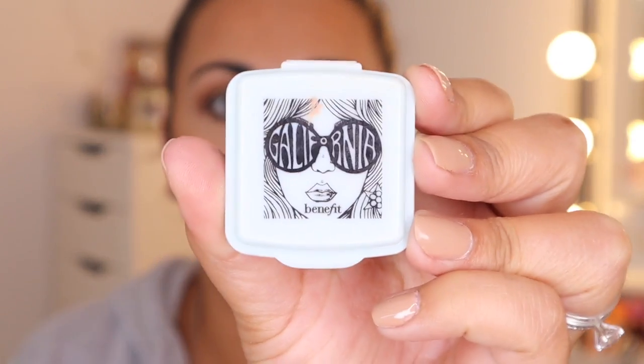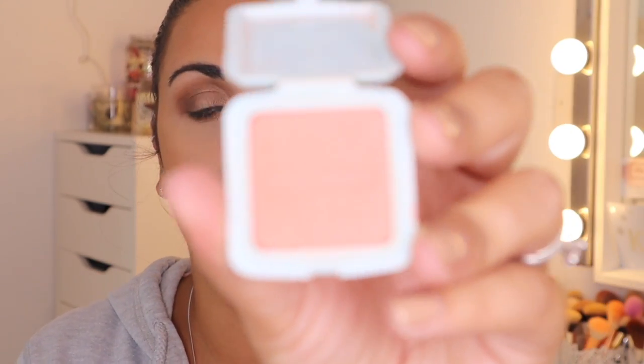Okay, and then for blush, I'm just going to go in with Benefit's California, which is very peachy. And I'm just going to apply that very softly on the apples of my cheeks like so, and I kind of blend it into my bronzer. Well, I'll probably get this